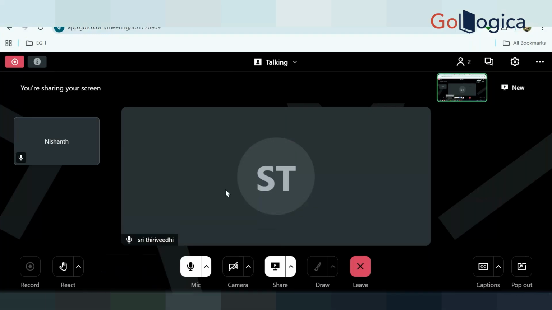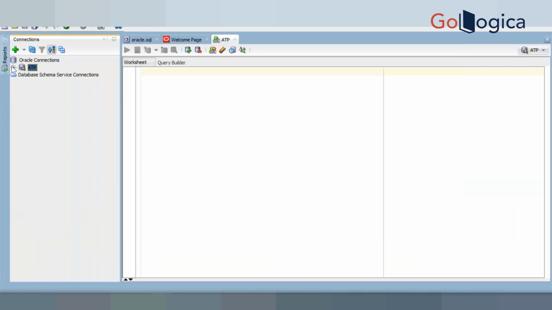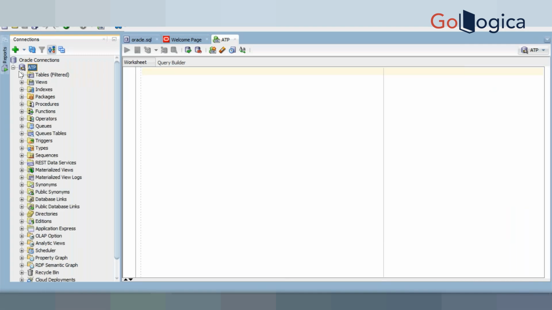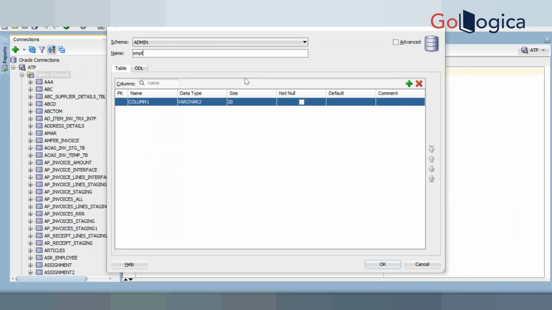Okay. Now we'll create one table. We'll try to insert from REST to ATPDB. New table. So I can create EMPLOYEE_SH. Okay. So here I can provide name,